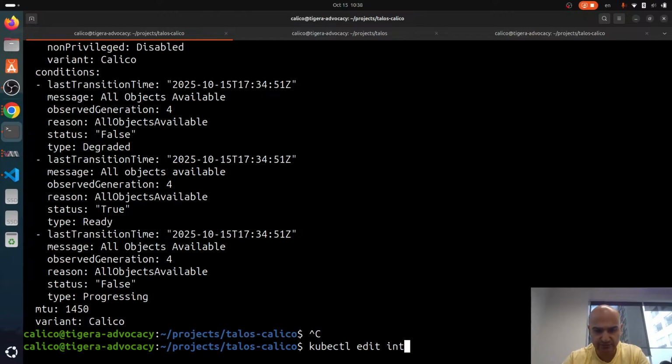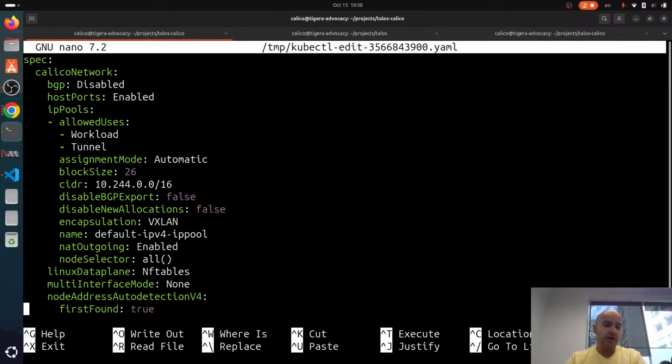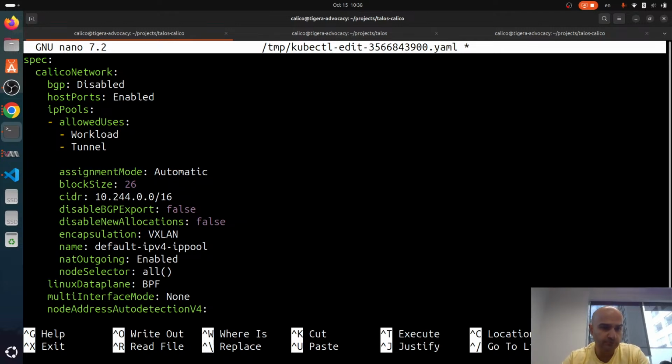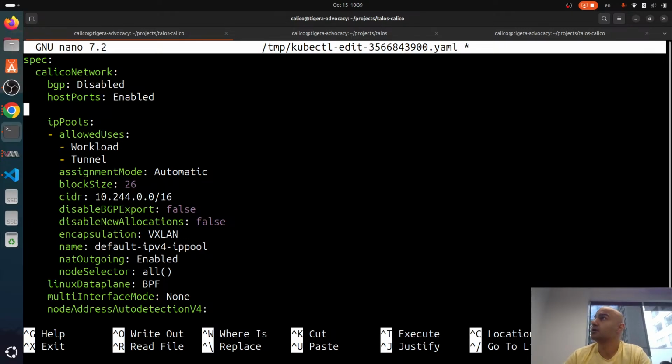Edit installation default. In this file, you could either go with nftables, or you could change this to BPF, and you can also add